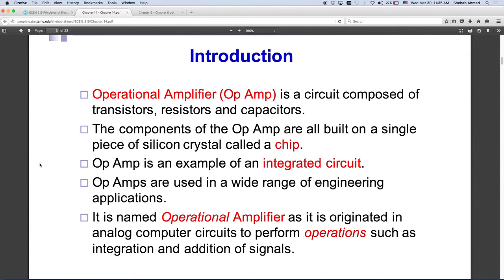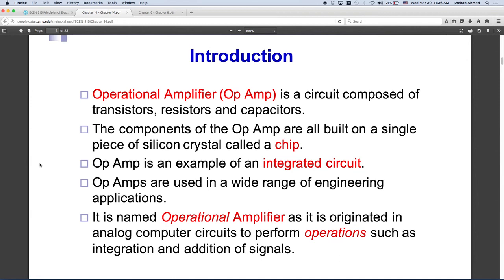And I was not able to actually look at something with a controlled gain. Let's say I wanted to multiply the input signal by 2, or I wanted to add 2 signals together. Things like that are not very easily done with simple passive circuits. So what op-amp circuits do is they allow you to do many things. Like they can allow you to add signals together, subtract signals from each other, amplify signals, filter signals, but without